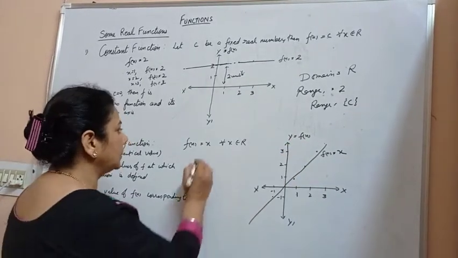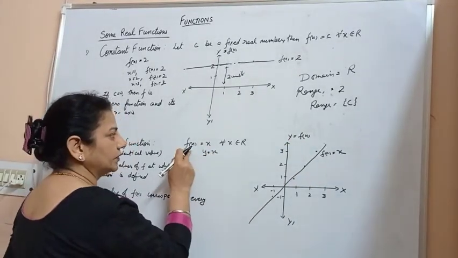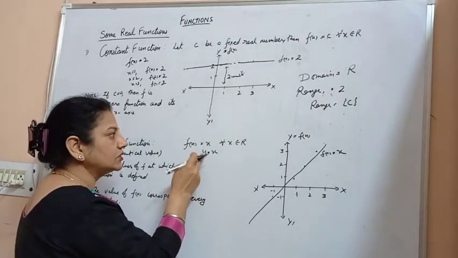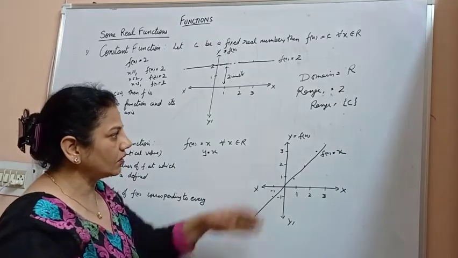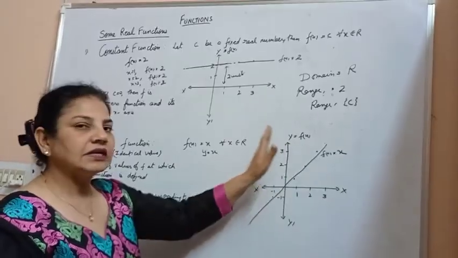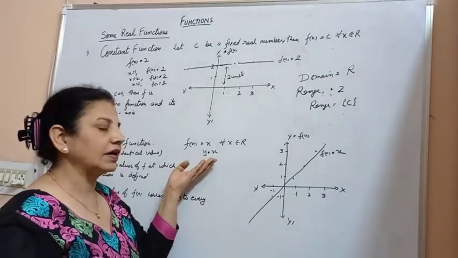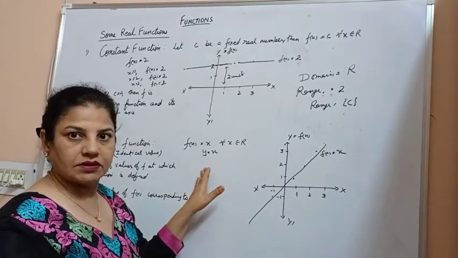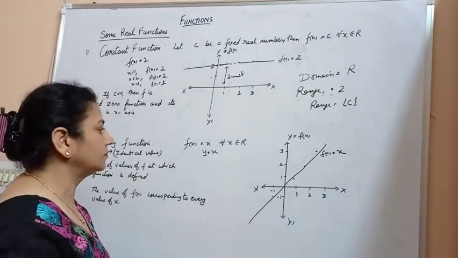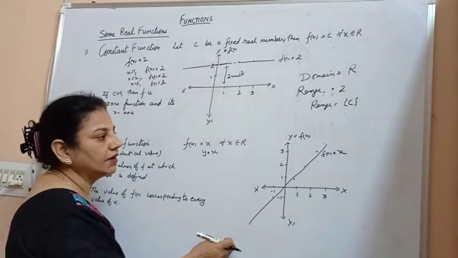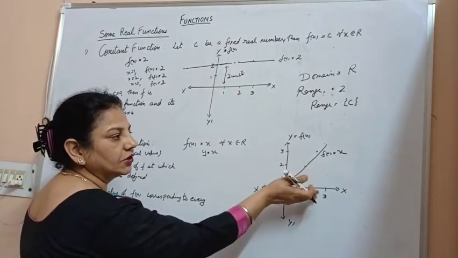We can also say that y is equal to x. In other words, f(x) is equal to x means y is equal to x, because all the values we get from f(x) lie on the y-axis. Therefore, we can say y is equal to x in that case. So the graph of this identity function is inclined at an angle of 45 degrees.